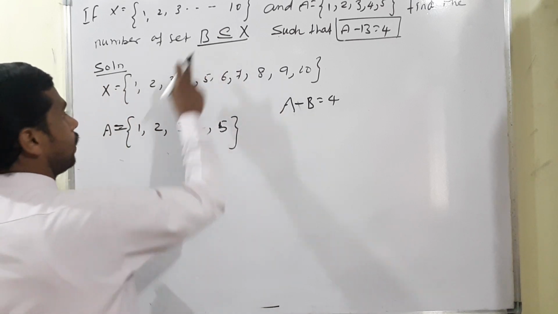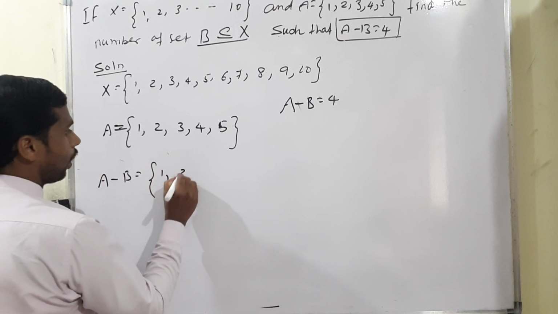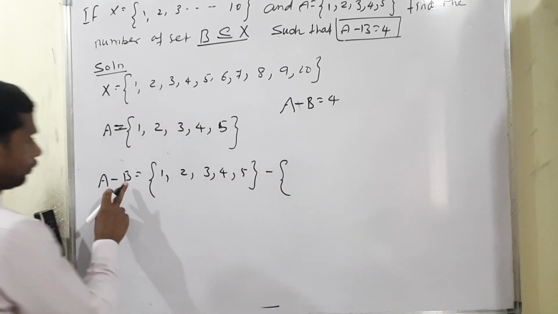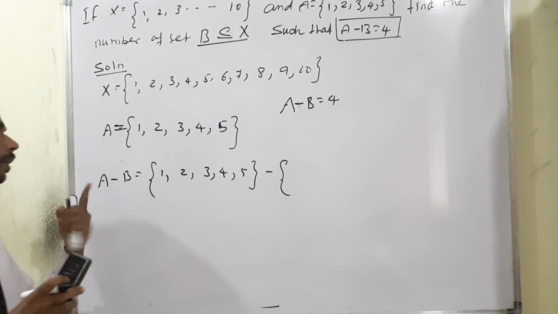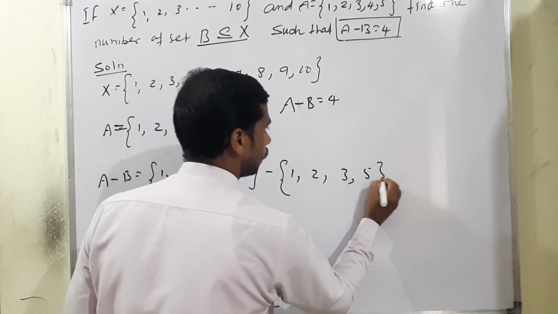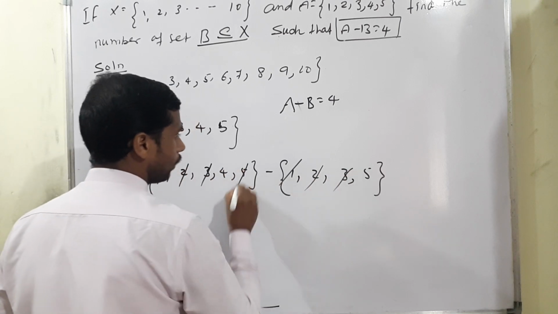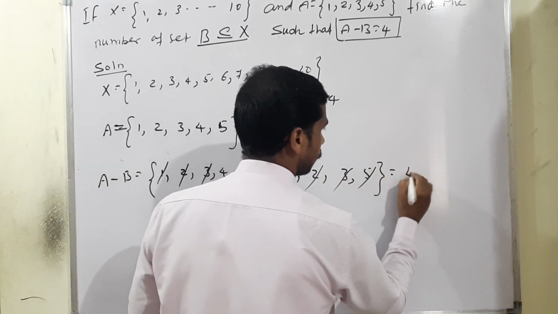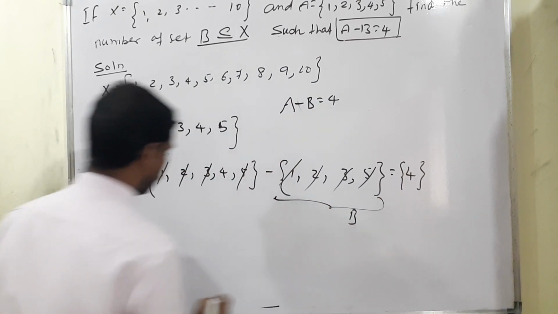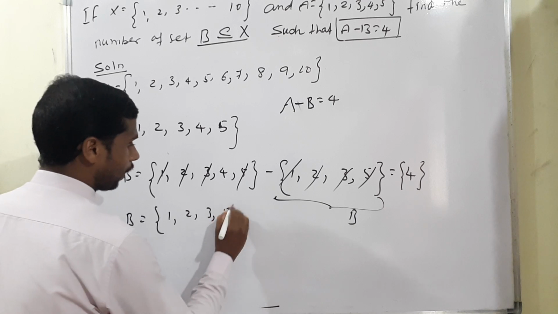So set A is already there. What is the meaning of set A? Therefore A minus B is equal to, A is equal to 1, 2, 3, 4, 5, then minus is there. Then imaginary set of B, how to write now? Actually except 4, the remaining terms will come, isn't it? Because 1, 2, 3 and 5 only. Then only we can say, so 1, 1 cancel, then 2, 2 cancel, then 3, 3 cancel, then 5, 5 also cancel. Then only we can say A minus B is equal to the set with only 4 coming. Therefore, this is called B, so set B is equal to 1, 2, 3 and 5.